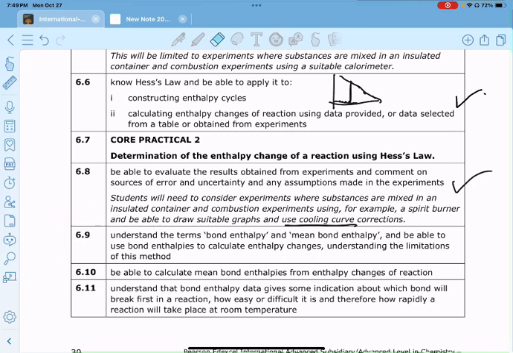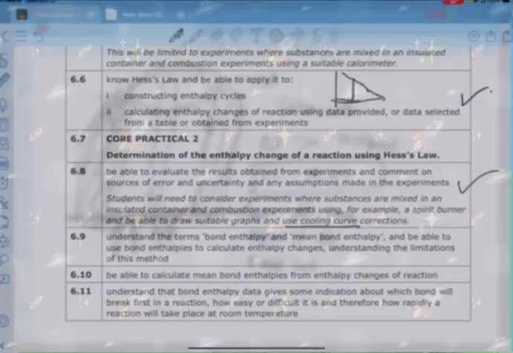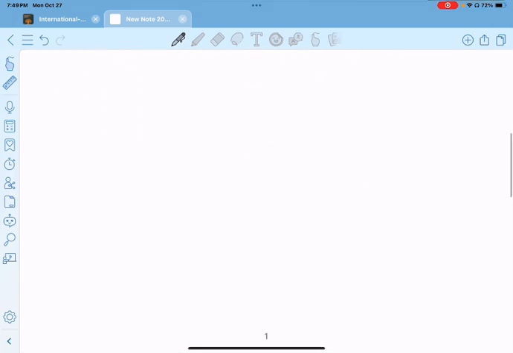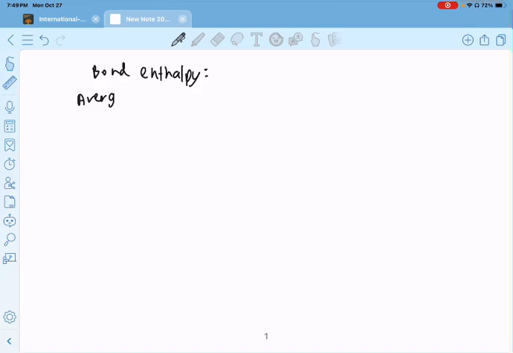6.9 now. Understand the term bond enthalpy and mean bond enthalpy. So bond enthalpy is probably one of the most important things. Not one of the most important things you need to do, but you will occasionally see 5-6 mark questions on this. So what is bond enthalpy? Bond enthalpy is the averaged, it's important to say averaged, that is not how you spell average, sorry. Averaged